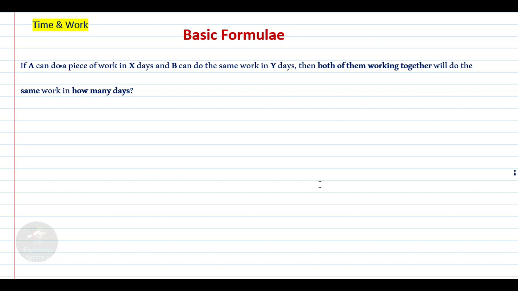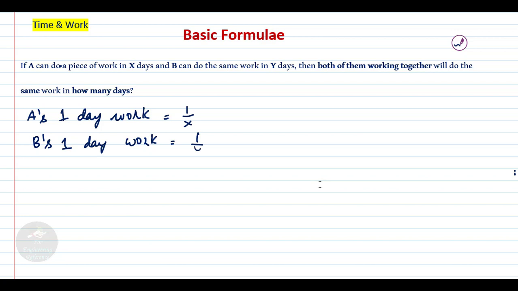To solve that, A's 1 day work is 1 by X. Similarly, B's 1 day work is 1 by Y. To find A and B's 1 day work, we just have to add them. A plus B's 1 day work is 1 by X plus 1 by Y,